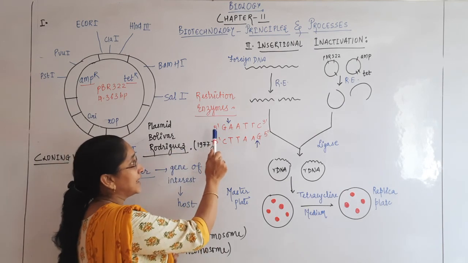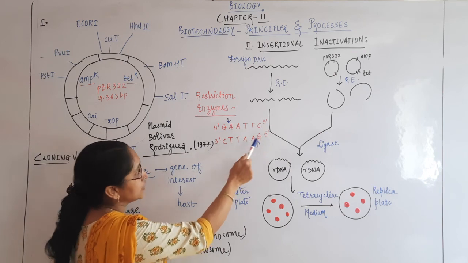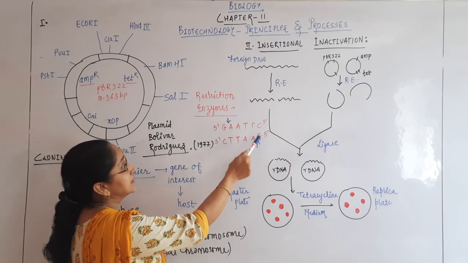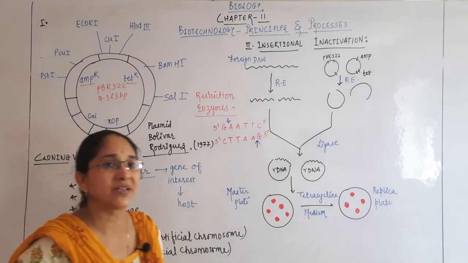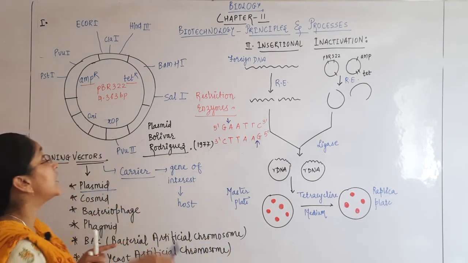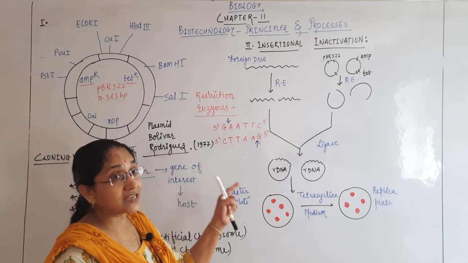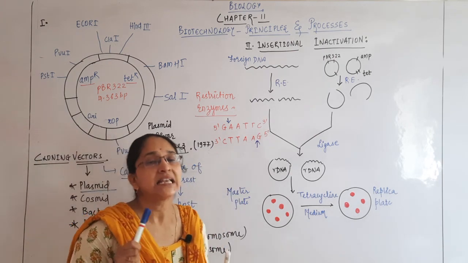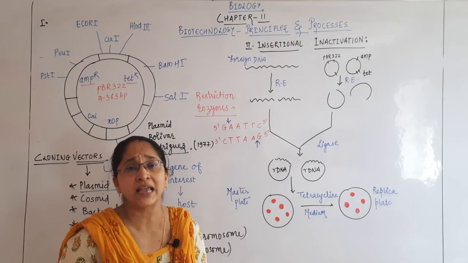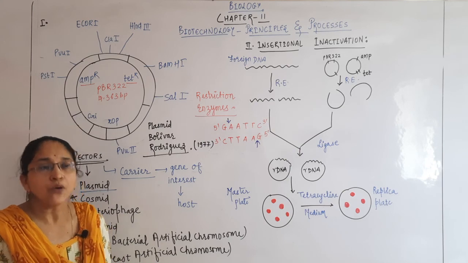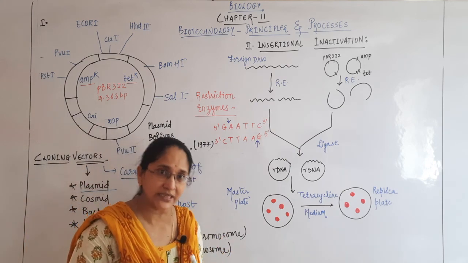Here if you read it from the 5' end, it is GAATTC, and again if you read the other strand from the 5' end, it reads GAATTC. So these are the palindromic sites, and that is the restriction site of the enzyme EcoR1. This site, when cleaved, produces sticky ends or staggered ends. We've already discussed examples like Haemophilus aegyptius, where the restriction site is GGCC, which produces blunt ends.